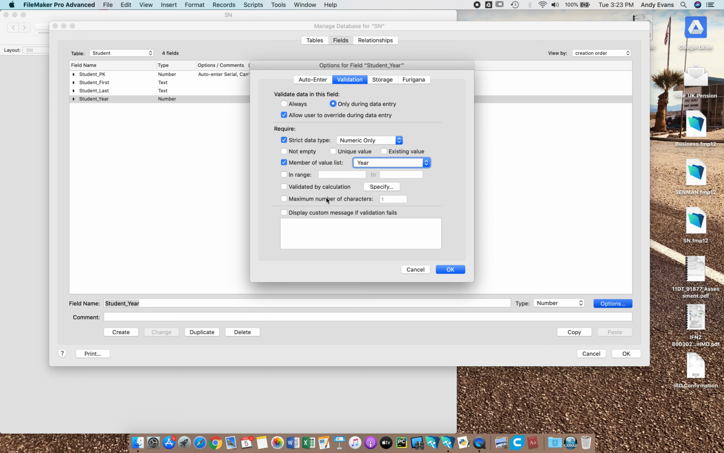Now there are some other options here. There's by calculation, which is a little bit more complicated. We don't need to worry about that. And also a maximum number of characters, which you might use if you were using, say, a registration number for a car and you knew that the maximum was going to be 6,